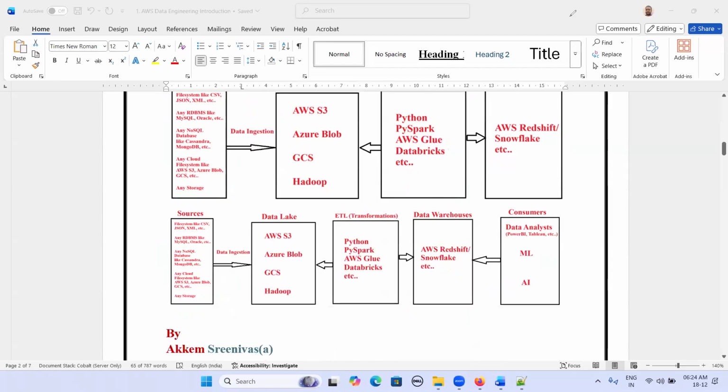This is my source systems, and we maintain a data lake, and we perform transformation. We load raw data into the data lake, then we perform transformation, then the transformed results we store into targets